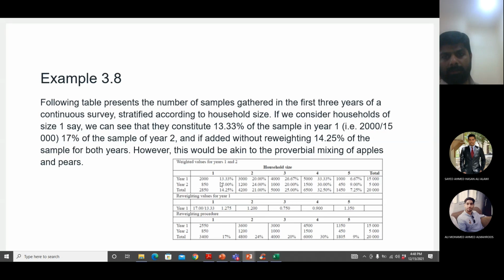So in this case, what they are saying here is that since there were more households of this size in year 2 data in terms of percentage, the households of the same size from year 1 must be increased by the weighting factor so that the combined percentage is the same as year 2, because year 2 is the latest one. Similarly, you can also calculate the weighting factors on the basis of number of vehicles, income, and so forth.